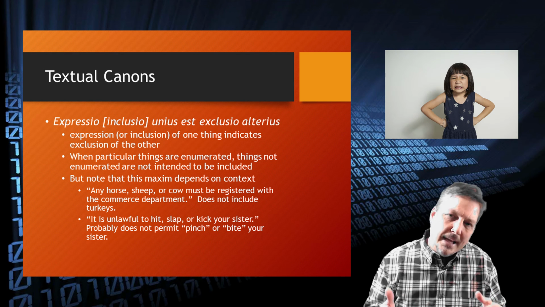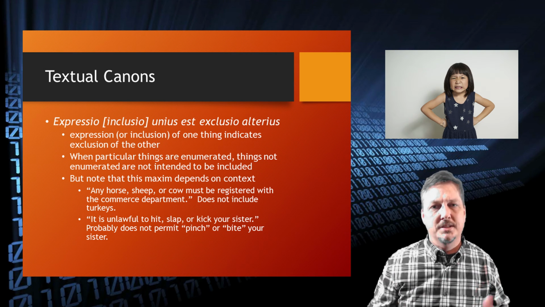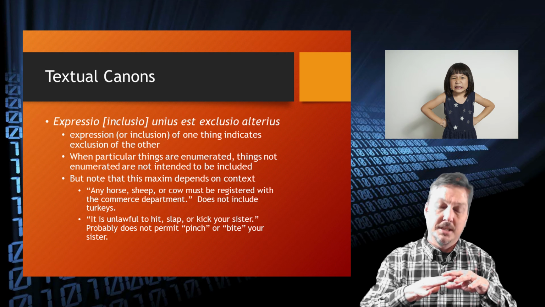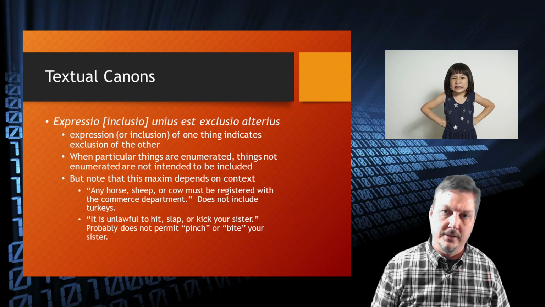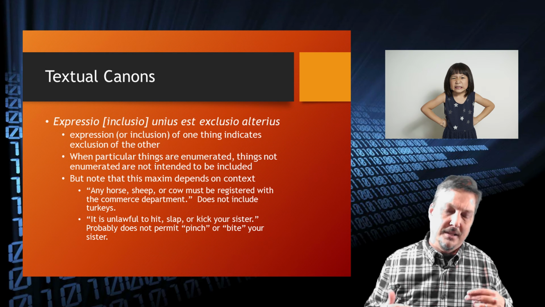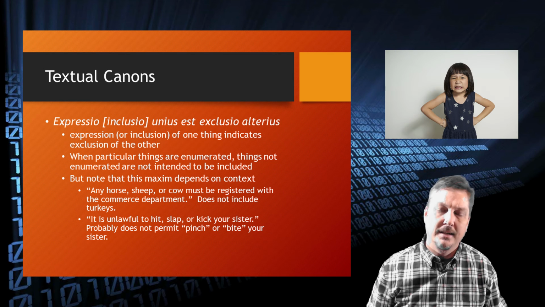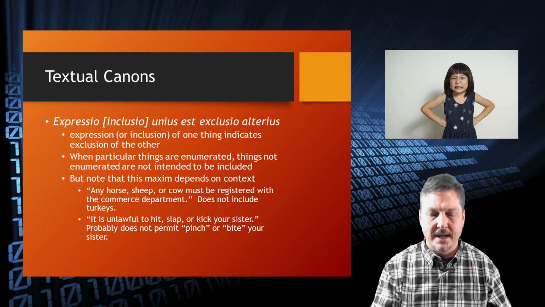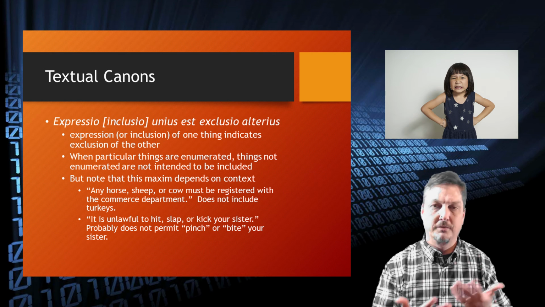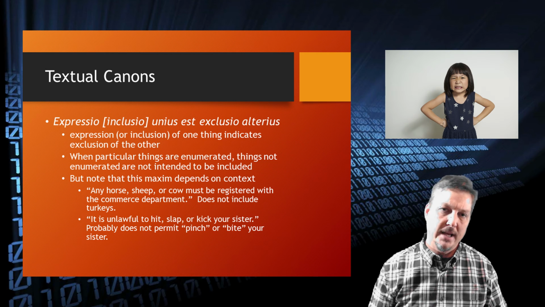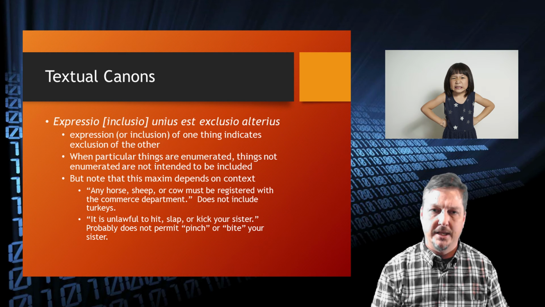On the other hand, it would be very fair to say, well, yeah, but maybe this is a circumstance in which the legislature is specifying a range of harmful conduct that's akin to battery. And maybe then we'd apply one of the associational canons and say, pinching and biting is kind of like slapping, kicking, or hitting because it often happens in the course of an altercation or a fight. You could really work that out either way, depending on which approach you're taking, your philosophy, and which canon you're applying.